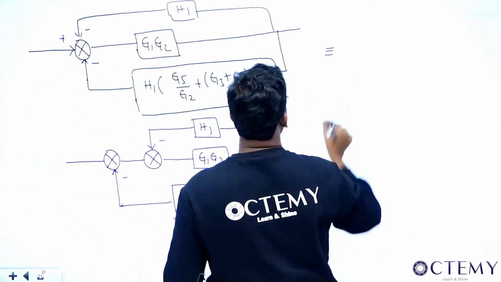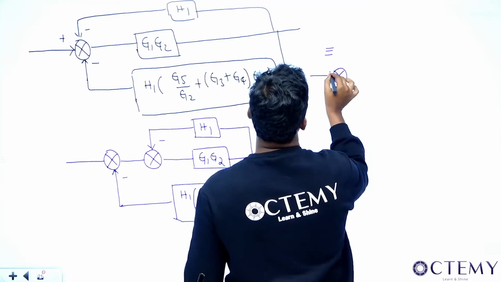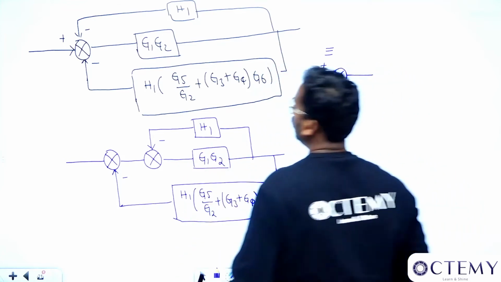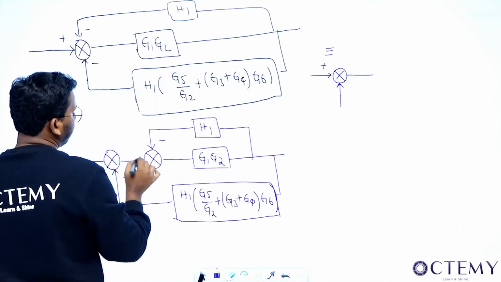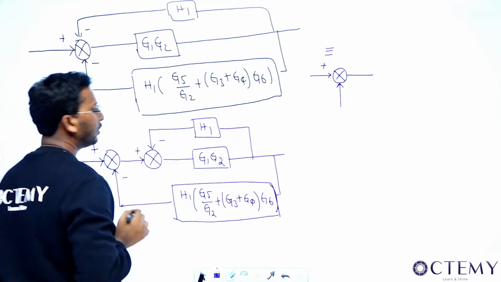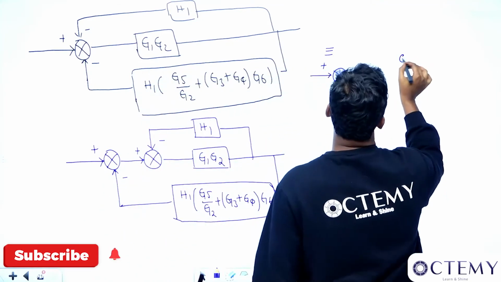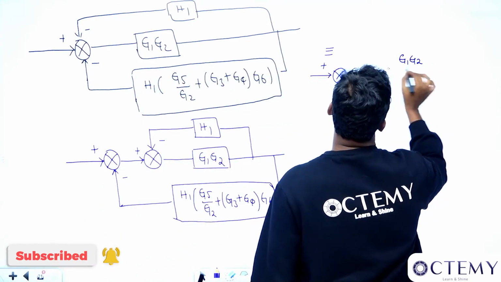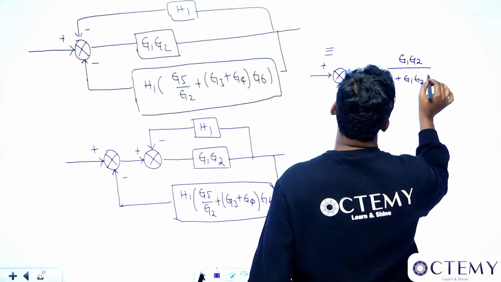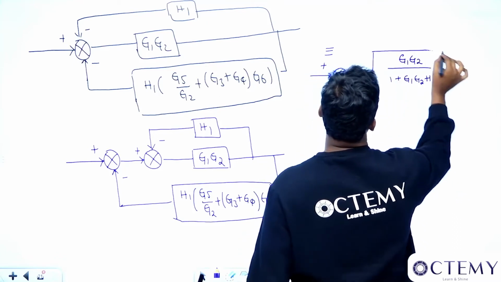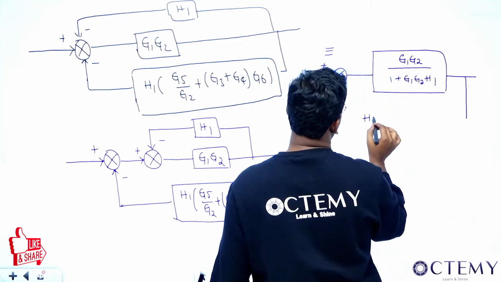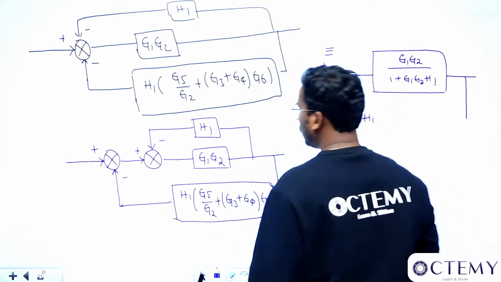See, sir, what will this block diagram become now? This is basically the summing point. This is plus and this is the minus. So this forward path becomes what, sir? Because this is plus here, so this will also become plus. So this is a loop, these are feedback loops. So this is the forward path G1, G2 divided by negative feedback, so 1 plus G1, G2 into H1, and it has to be multiplied with the feedback path. What is the feedback path, sir? The feedback path is H1. There are two H1s. How come there are two H1s?